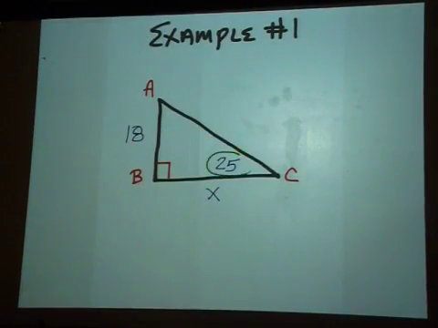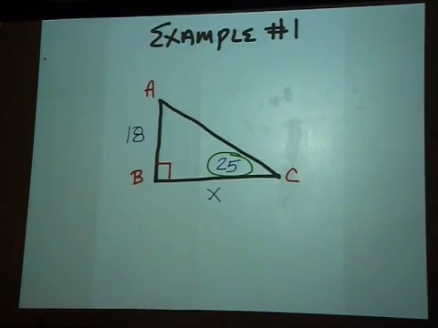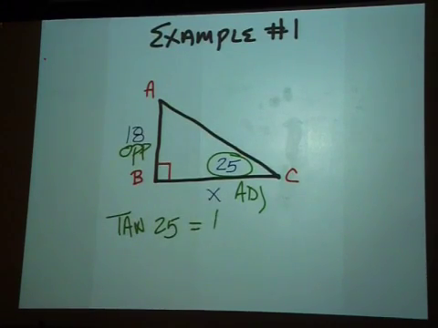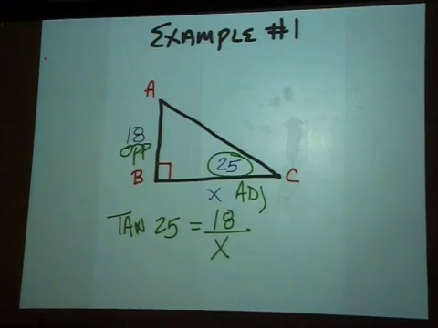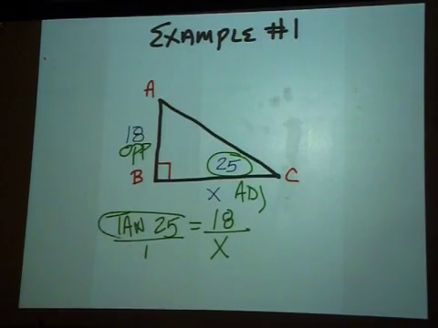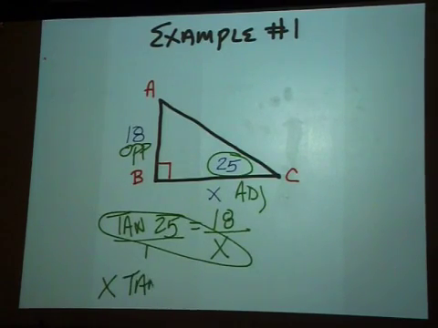In this problem, we have 25 degrees given to us, and if we label off the sides that are marked off, this is going to be opposite and this is adjacent. That means you are using tangent again. Tangent 25 equals opposite 18 over adjacent x. Now notice the x is on the bottom of this proportion. So you still cross multiply, and when you do that you get x times tangent 25